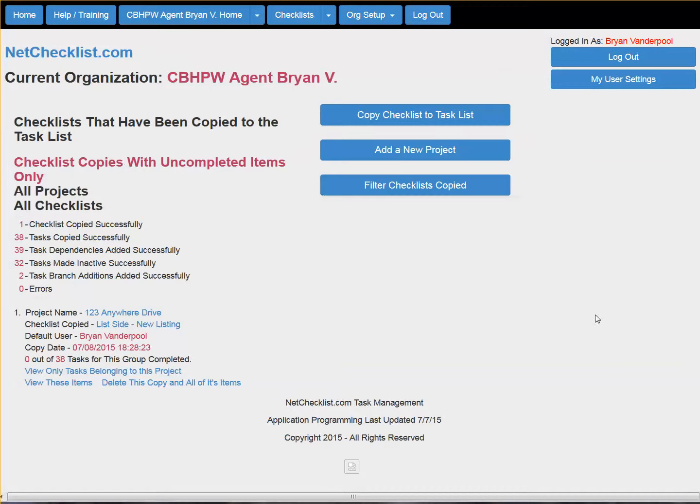That's all there is to copying a checklist. It just copied a checklist. It added 38 tasks to my task list. It created 39 task dependencies. I'll talk about that in a minute. Made 32 tasks inactive and added 2 task branch additions. 0 errors. Basically what the dependencies are, and there's a video on this, but tasks can be dependent on other tasks,